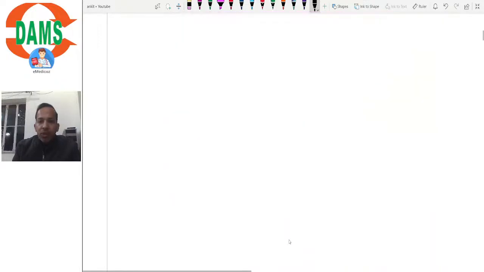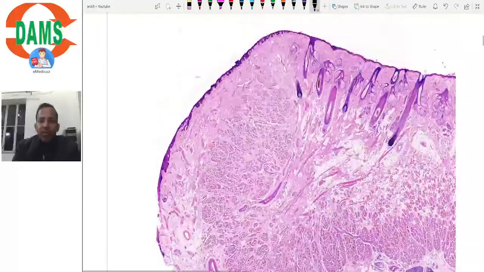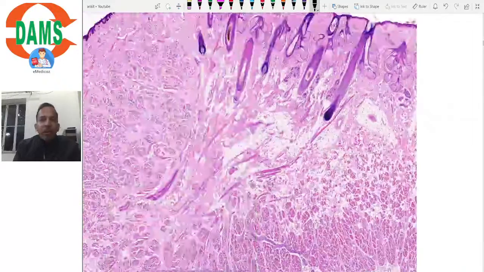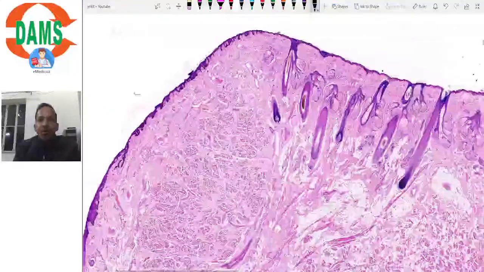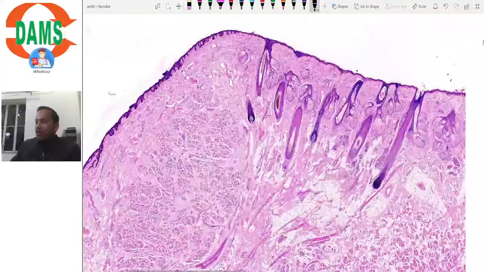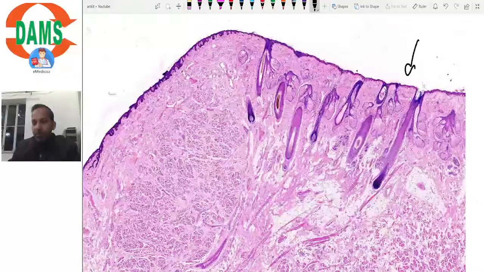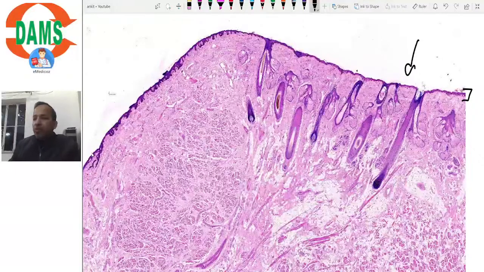So these first two are of the same tissue. So what is this tissue here? Let me help you with identifying these structures, and then maybe you can tell me what you are looking at, right? So let's start with this upper right part. As you can see here, there is obviously a layer of epithelium. You can identify easily that there is a layer of thin epithelium here covering this tissue on the surface,